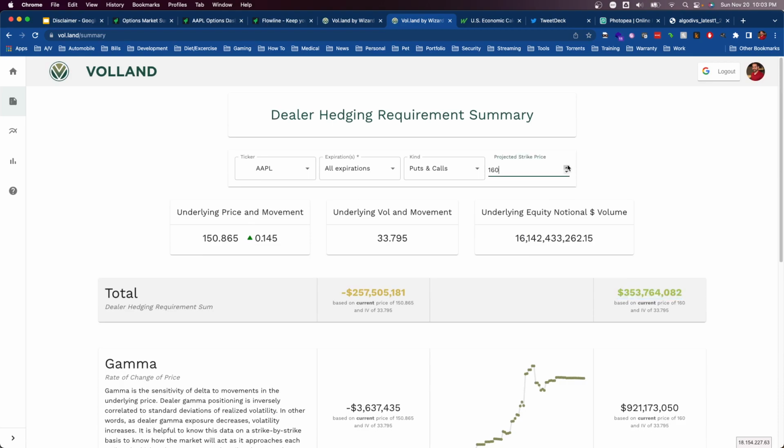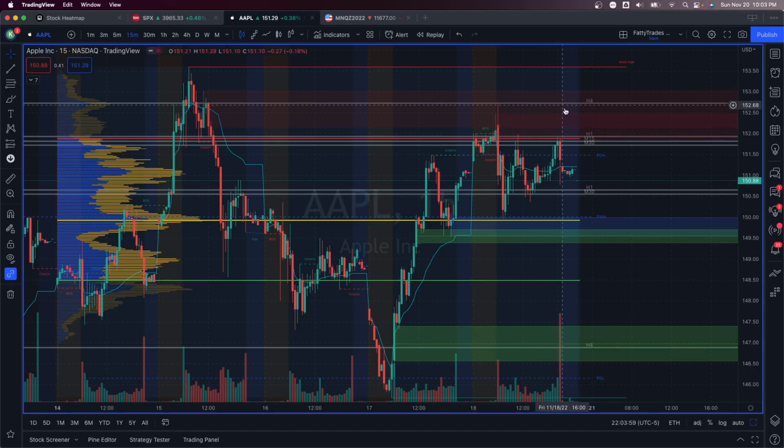And so at 159, 160, all of a sudden market makers go from resisting the move higher to supporting the move higher. But regardless, at 152, we know that they are with institutions and they are likely to short in this whole area from 152 to 153. So if Apple does push up here, based on the flow that we saw,